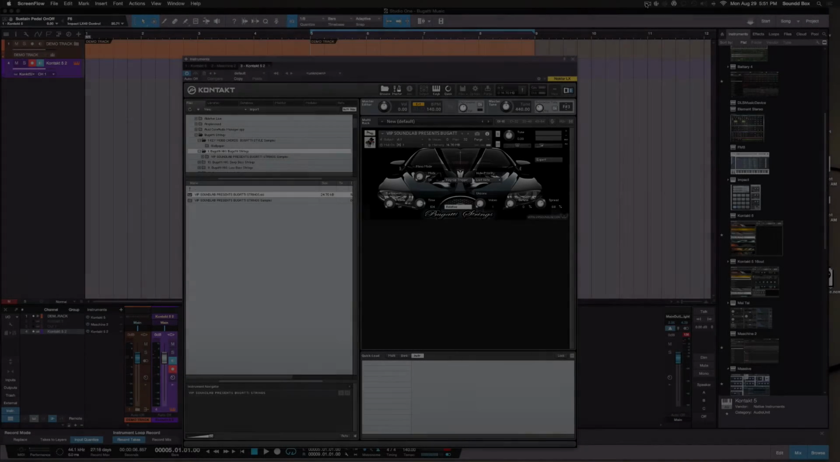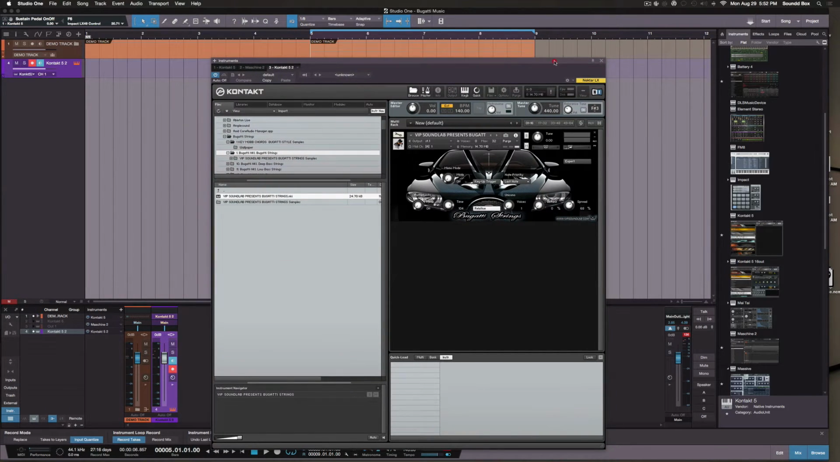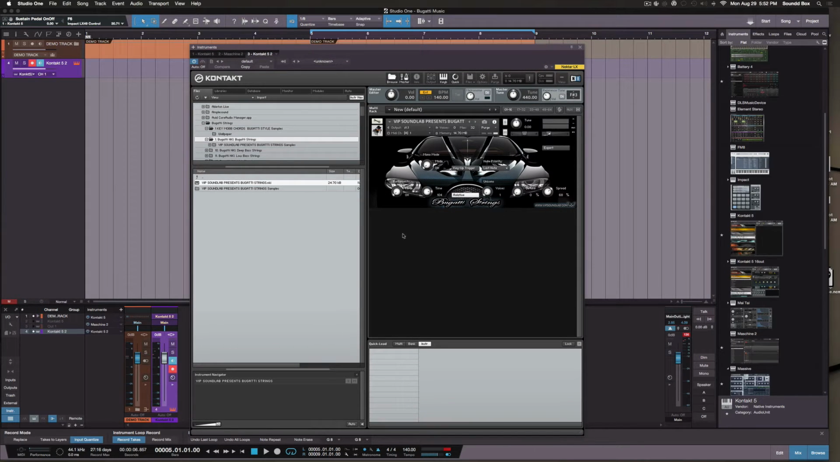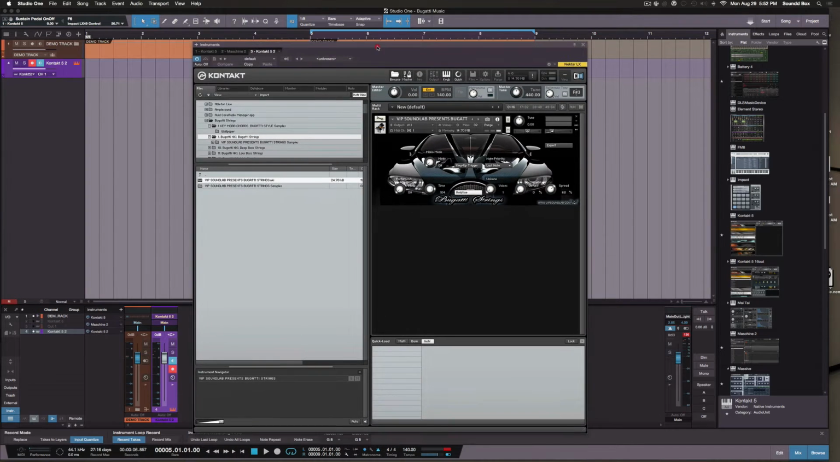Just test driving the Bugatti Strings by VIP Soundlab today inside of Studio One 3.3. That is, if you have Contact, everyone has Contact, but if not, Contact is a free player. Right now, the latest one is Contact 5, and you can simply get these strings and use your Contact to activate them. I have a mixture of the plug-in inside of the Contact player inside of Studio One 3, and